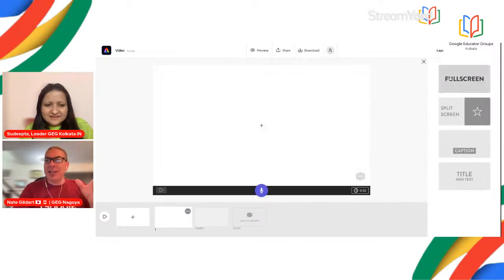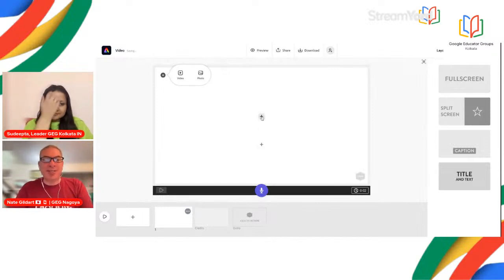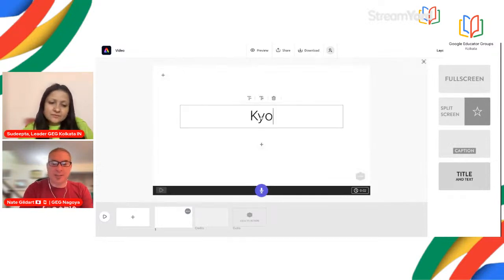We're going to start with layout. I always like to start with a full screen, but these are the 3 different options that you have. You could have the title and text and that kind of thing. If I click on full screen, I've got that, and then I could add videos and photos. I might actually want to add the title. So what I'm going to do first is, I've chosen title and text. So I'm going to click Kyoto,